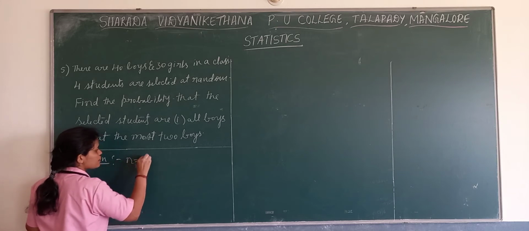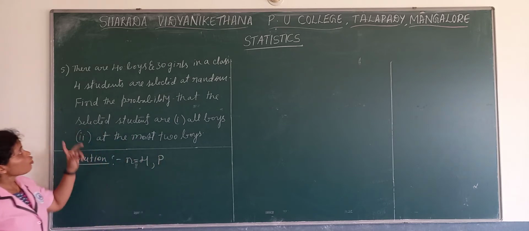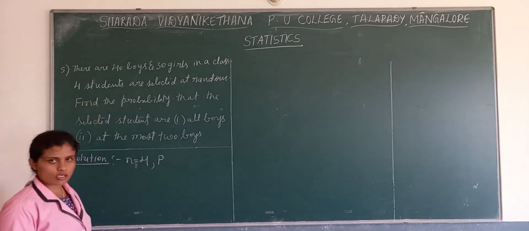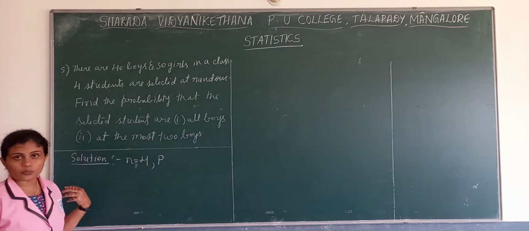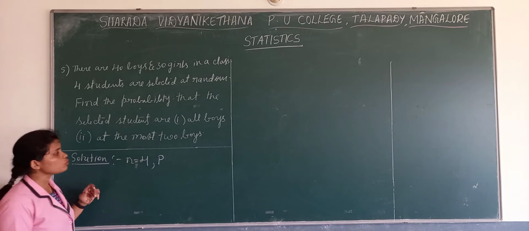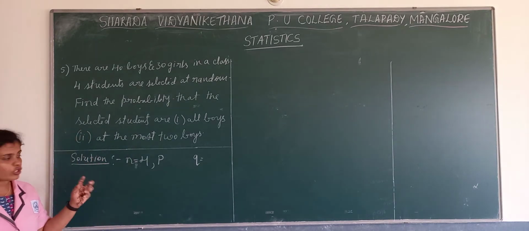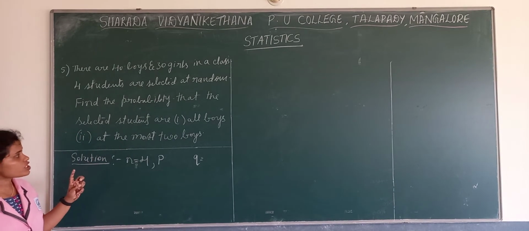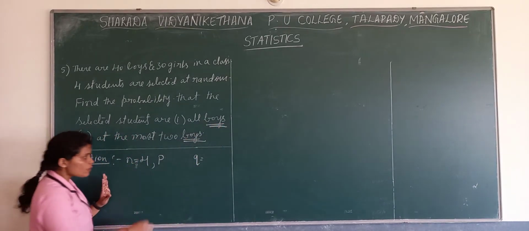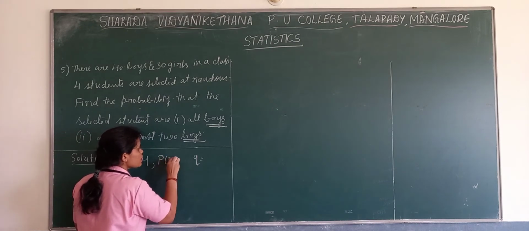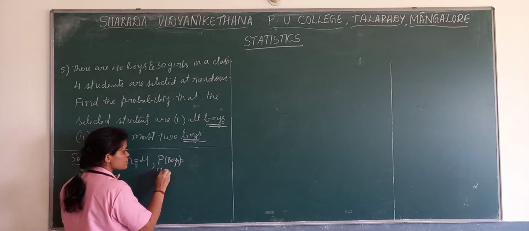So here we can easily write n is equal to 4 and p. Now they have given the numbers of both boys and girls, two proportions. Now when they give both boys and girls proportions, how do we decide which is p and which is q? In order to write p you have to see the question. Question is about boys. So we consider boys as p. So how many boys are there? And girls as q. We consider girls as q.